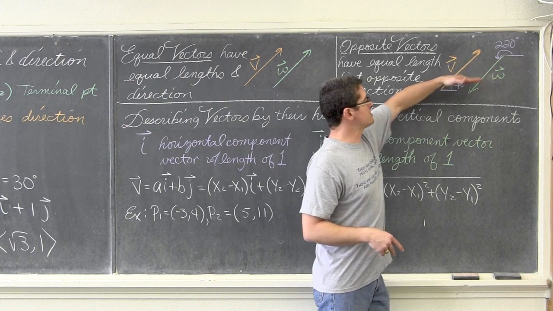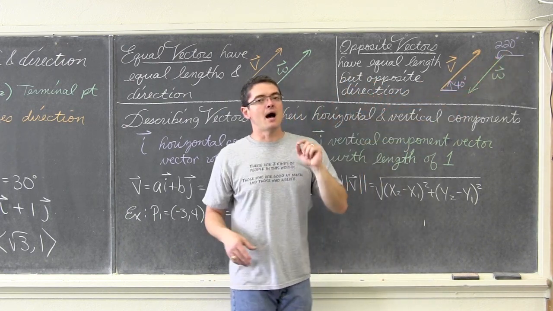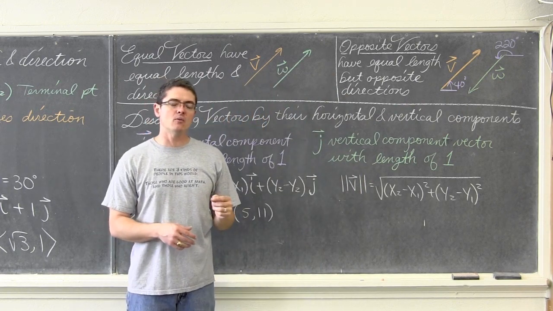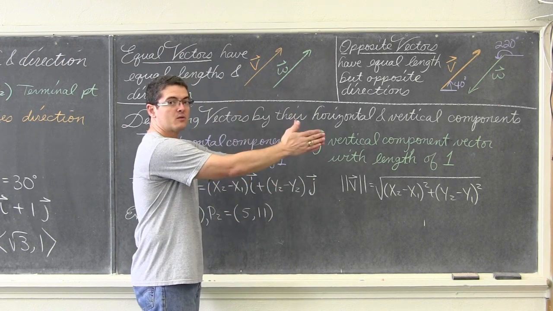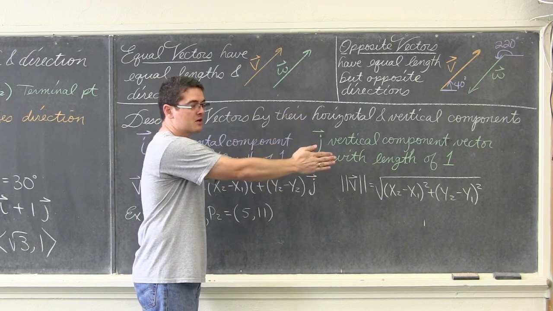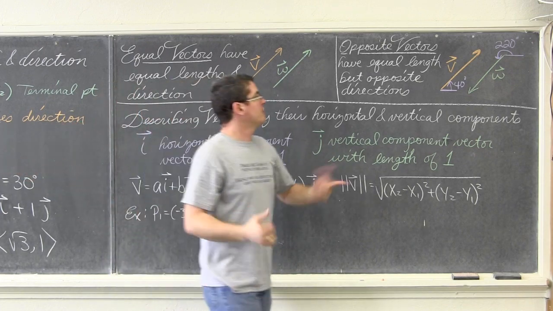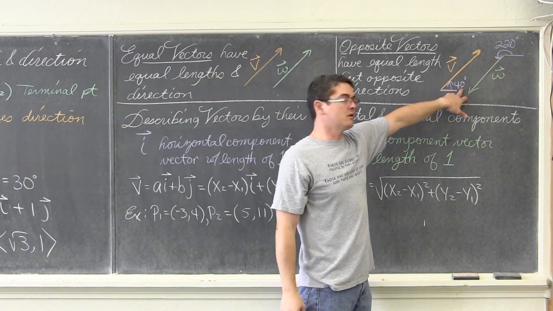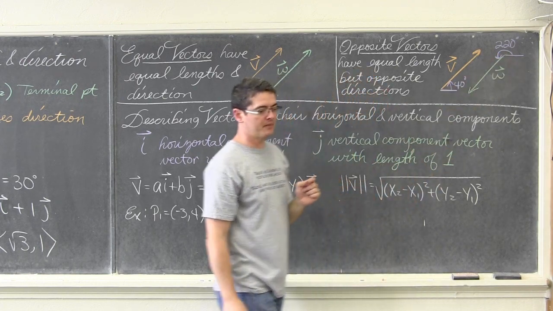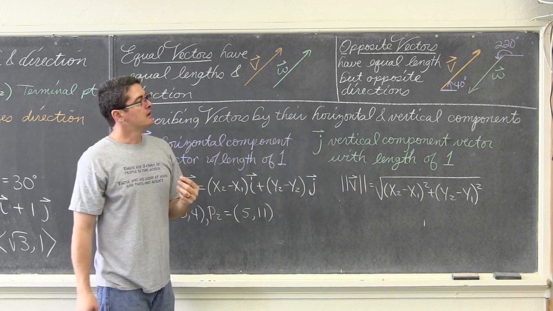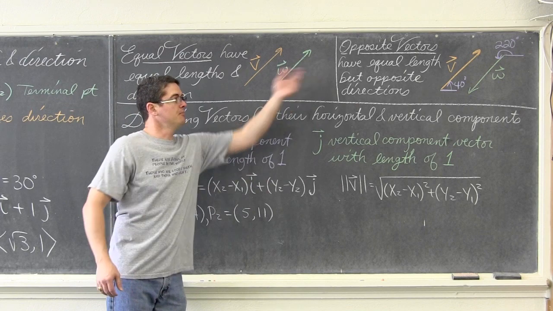So while this vector is at an angle of 40 degrees, a vector in an opposite direction would need to have an angle measure that is separated by 180 degrees, or pi. Because of course, if I'm looking in one direction and I want to go in the opposite direction, I have to rotate 180 degrees. So if this has a direction of 40 degrees, then an opposite vector would have to have an angle of rotation, or directional angle, that is separated by pi, or 180 degrees. So, opposite vectors.